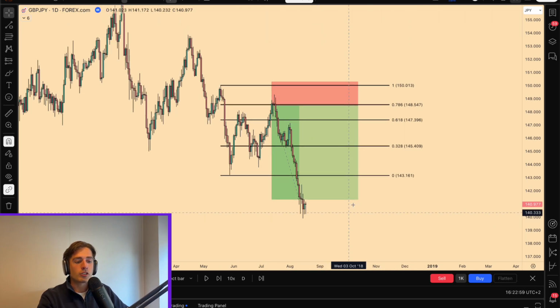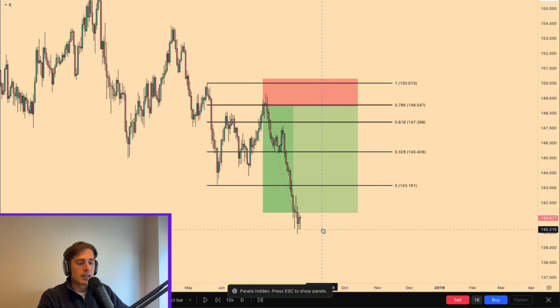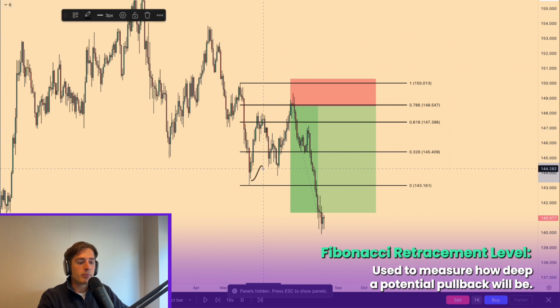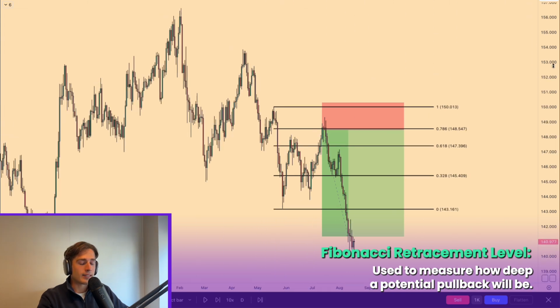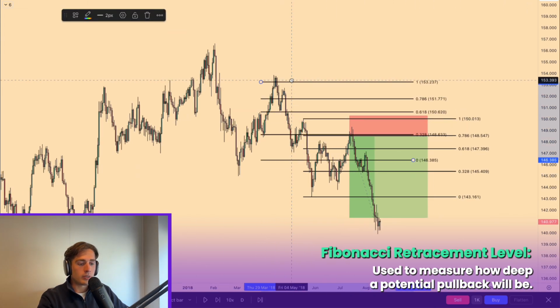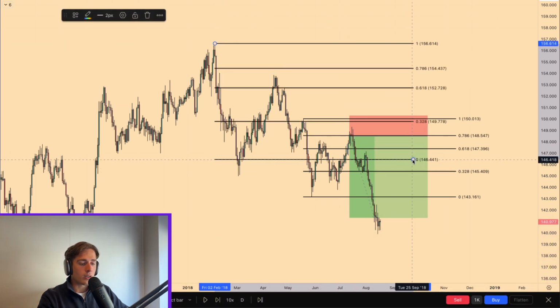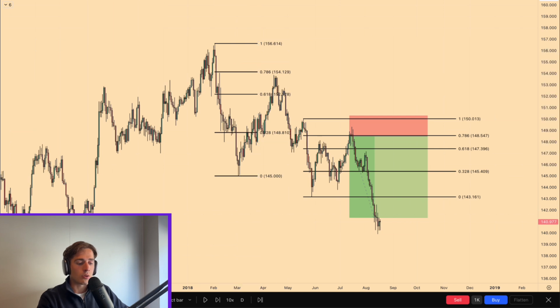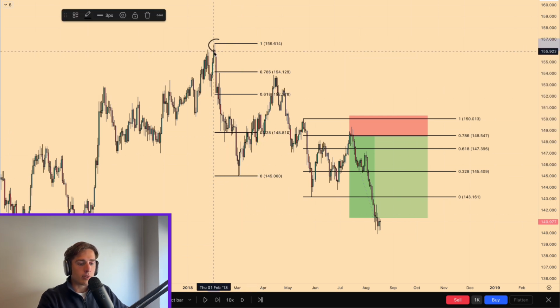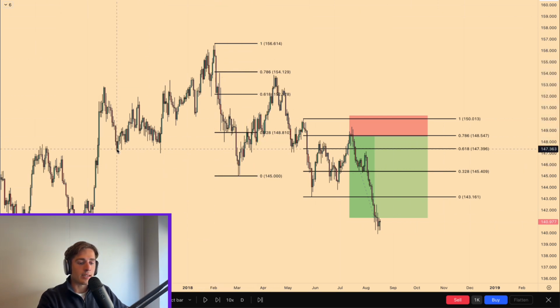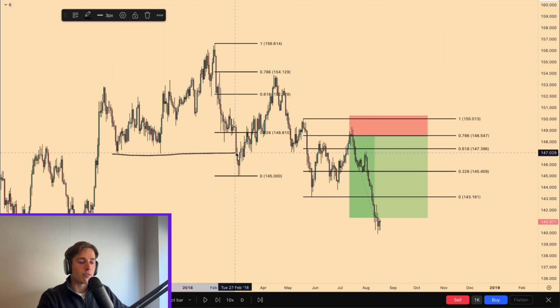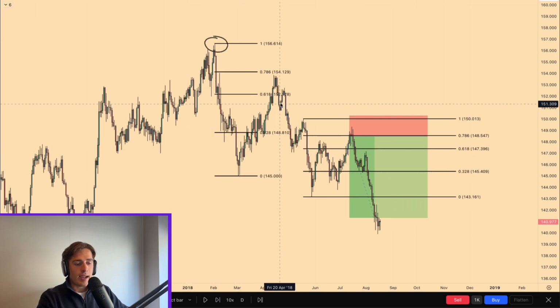So what these Fibonacci retracement levels are ultimately used for is to anticipate how deep a potential pullback is going to be. And all you pretty much want to be doing is drawing this overall Fibonacci retracement tool in from the overall swing high in towards an overall swing low. So what we do is that we measure the overall impulse. So let's say we see this as one big impulse down that, let's say, broke this key level of market structure. We can then say this is the swing high, this is the swing low, and then the overall key levels